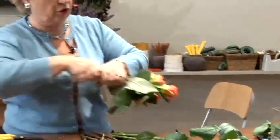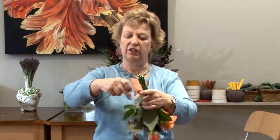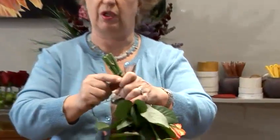So I then take twine. Garden twine is wonderful because it doesn't slip. One of the best things, believe it or not, for keeping the stems in place is to use tights or stockings, ones of course that have got a ladder in them. Cut them into strips because they expand and contract, and they are the ideal thing for hanging up if you've not got any twine. So I just take this short length, wrap it a couple of times around the stem ends,